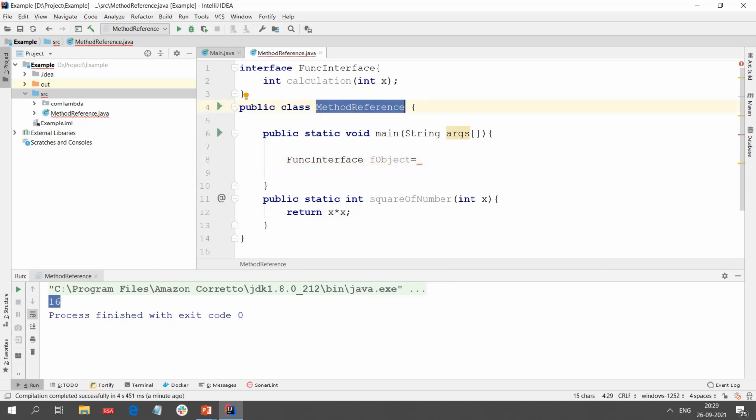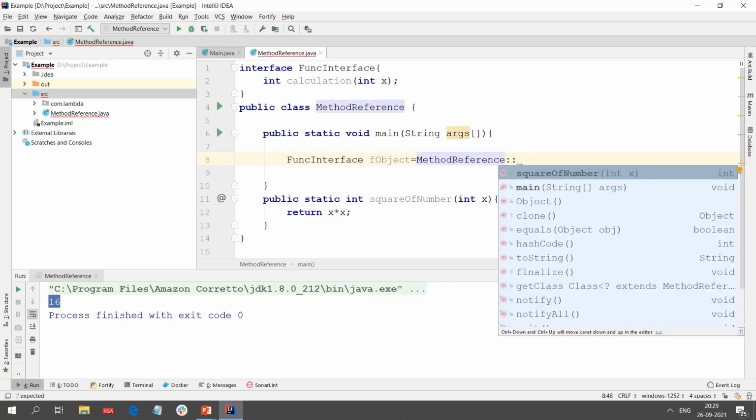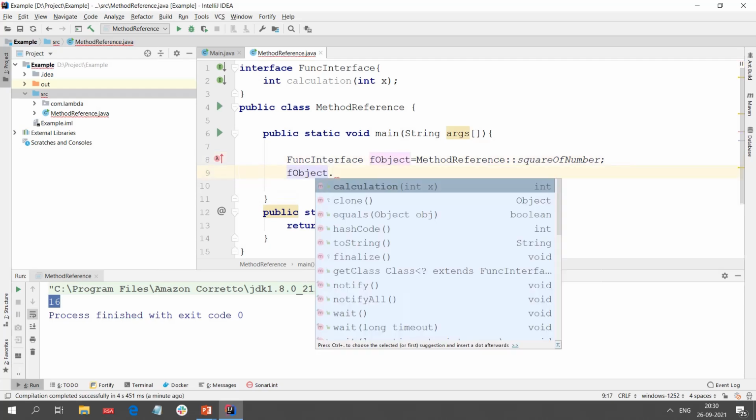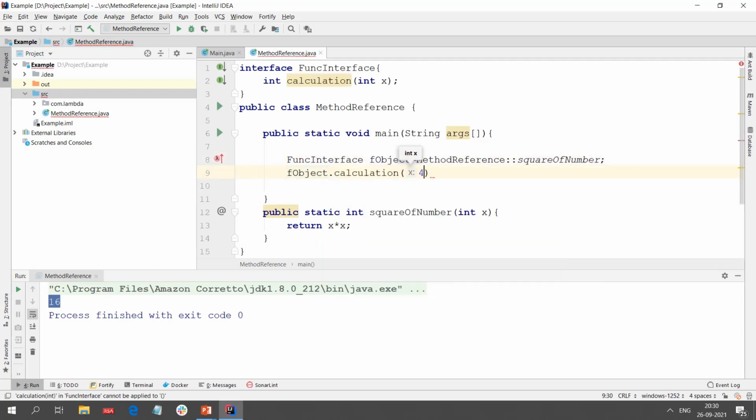And for referring to the static function, we need to write the name of the class followed by double colon and the method which you want to refer to, that is squareOfNumber, right? And then let me call the abstract function calculation. Let me pass 4 as the integer value.